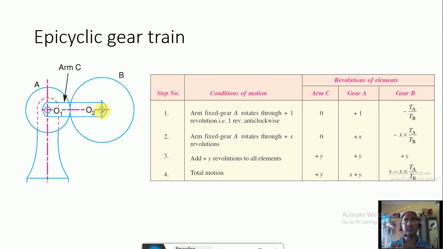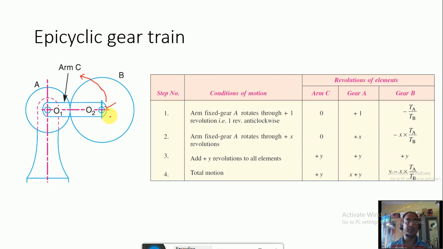But now see, this is the second shaft. This shaft as well as this gear is rotating about the gear. Then this kind of gear train is called an epicyclic gear train. Now in this case, how do we find the gear train value? It is not simple, because the shaft is also not fixed. The shaft is rotating, the gear is also rotating, so it will hamper the rotation of gear B.